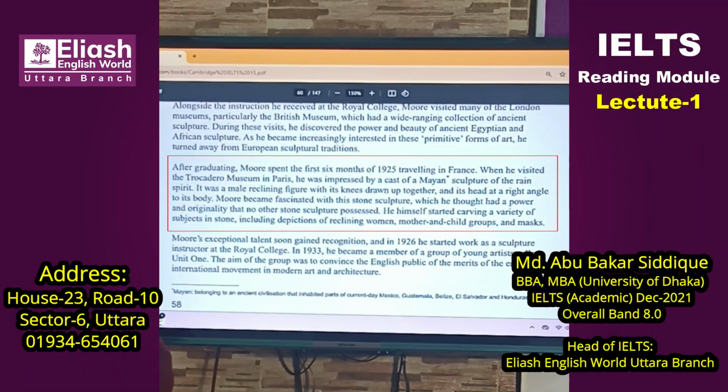After graduating, Moore spent the first 6 months of 1925 traveling in France. When he visited the Trocadero Museum in Paris, he was impressed by a cast of Mayan sculpture of the rain spirit. It was a male reclining figure with his knees drawn up together and its head at a right angle to its body. Moore became fascinated with this stone sculpture, which he thought had a power and originality that no other stone sculpture possessed. He himself started carving a variety of subjects in stone,